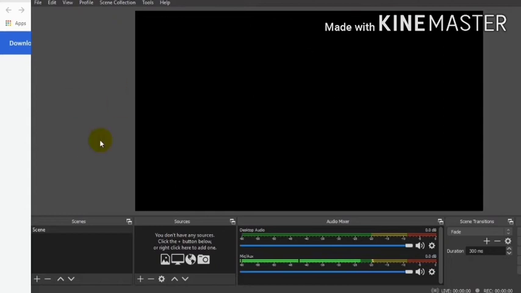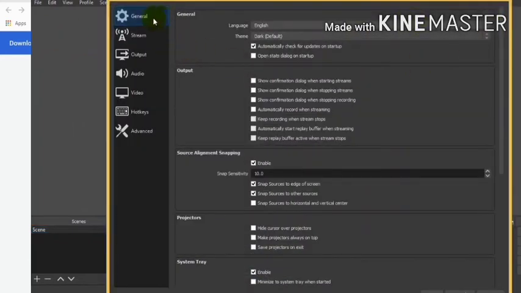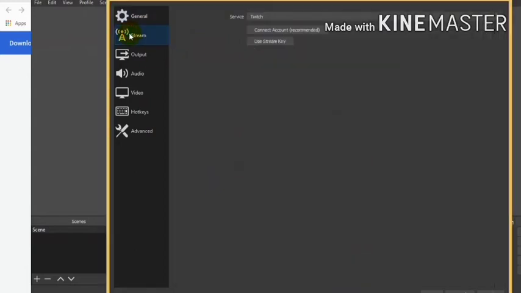Now we'll see the software. We will see a blank screen, so we have to set up first. From File we go to the Settings section, and in Settings lots of sections are available: General, Stream, Output, Audio, Video, Hotkeys, and Advanced.